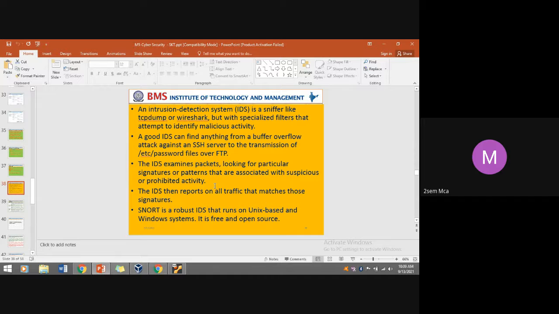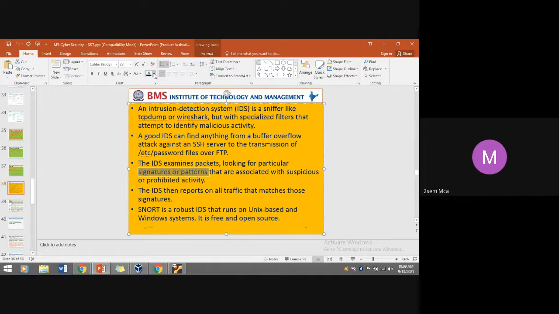The IDS examines packets looking for a particular signature. As I said, it is looking for a pattern. It is mainly looking for the pattern and the signature, similar to your antivirus software. Even antivirus software looks for signatures or patterns. Similarly, the Snort tool, the IDS detection tool, also looks for signatures or patterns that are associated with